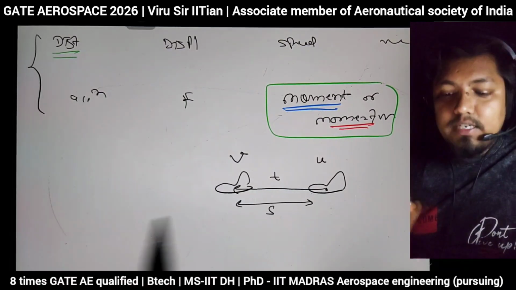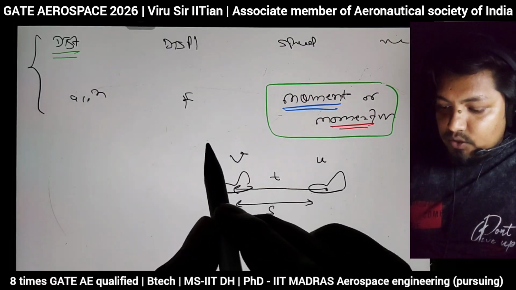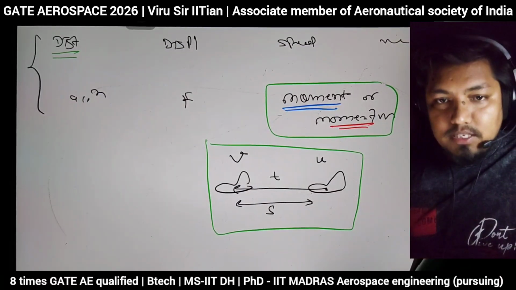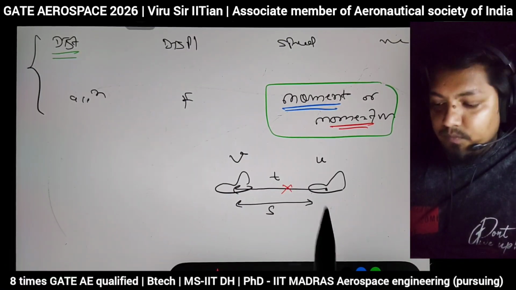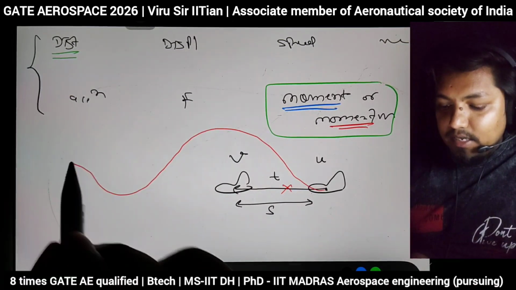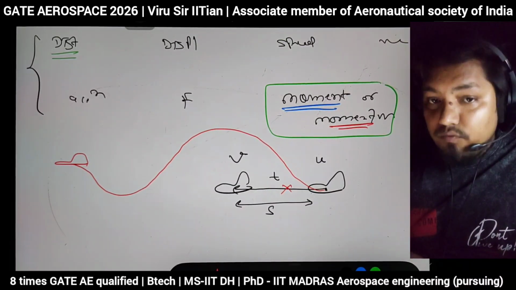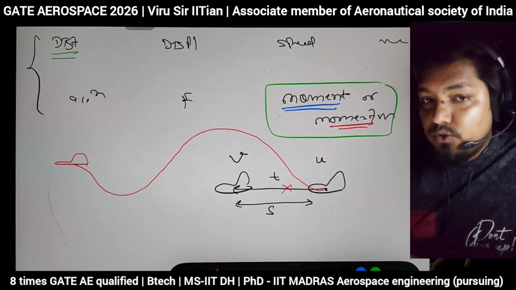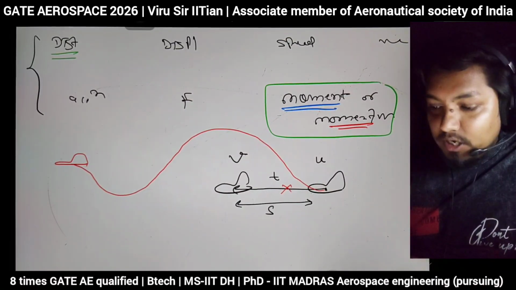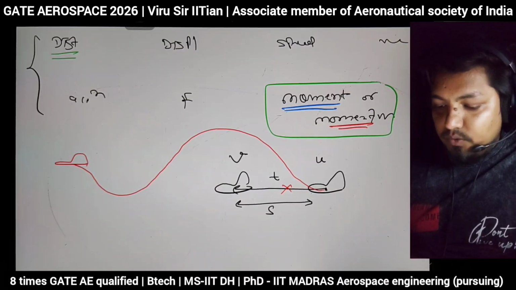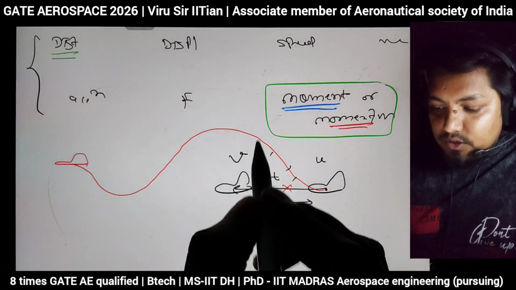So what do you mean by distance? Distance means the length of the real path. So consider this as your prime example. In this prime example, what if your aircraft is not following a straight path? What if the aircraft is going like this? Guys, right now I'm not teaching flight mechanics. I'm just teaching very fundamental physics. It has nothing to do with aerospace, aeronautical. Just recalling some fundamental concepts so that we can go ahead smoothly. So suppose the aircraft is following this path. So the original length of this path,